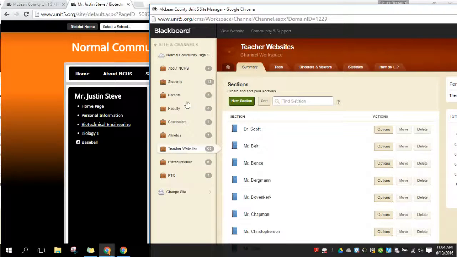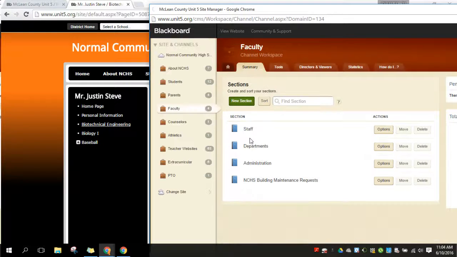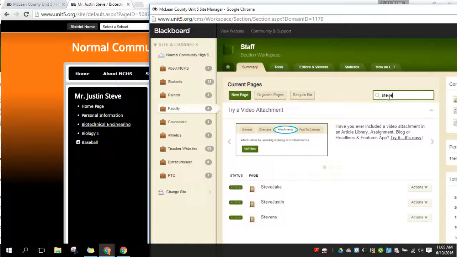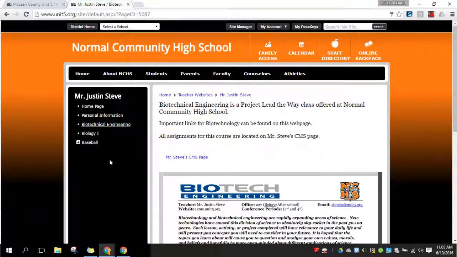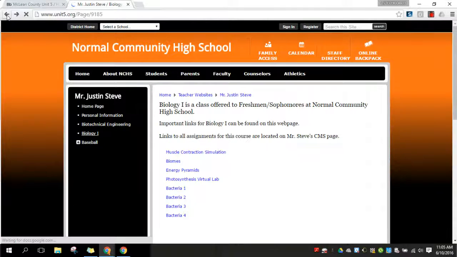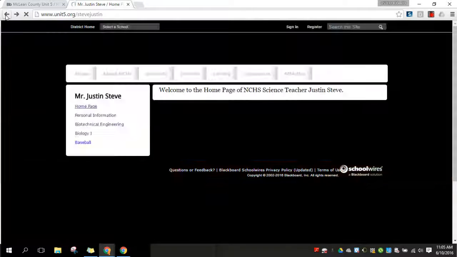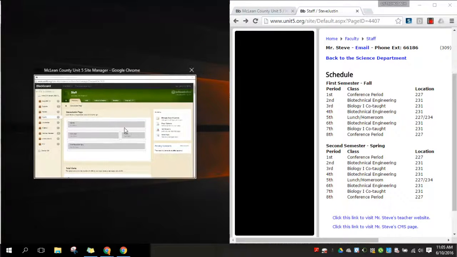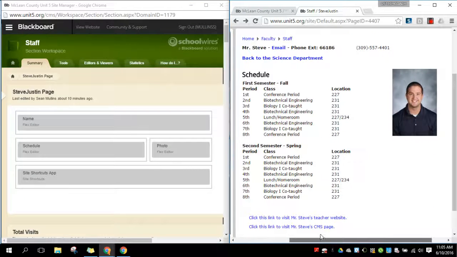teacher page real fast because I want to show you when you're editing things what this is going to look like for you. Okay, so I'm going to go back to Mr. Steve's main page here. Okay, and I'm going to put that off to the side. And then this on the left over here is what this page on the right looks like when you're editing